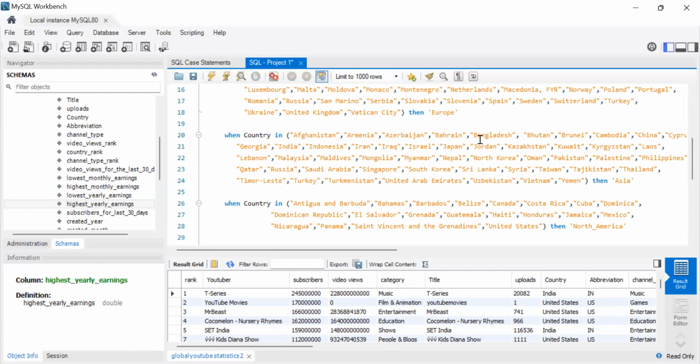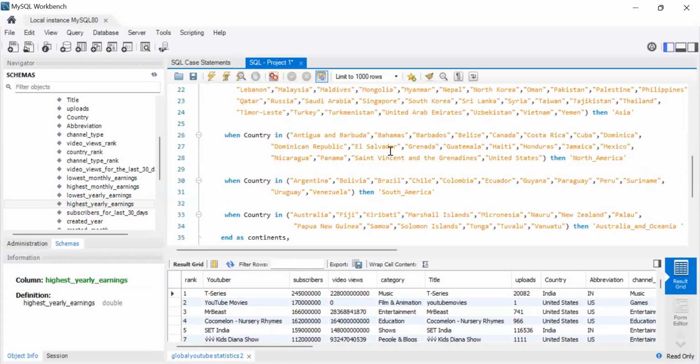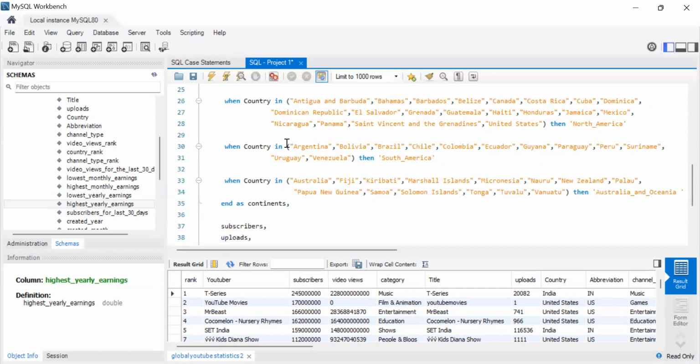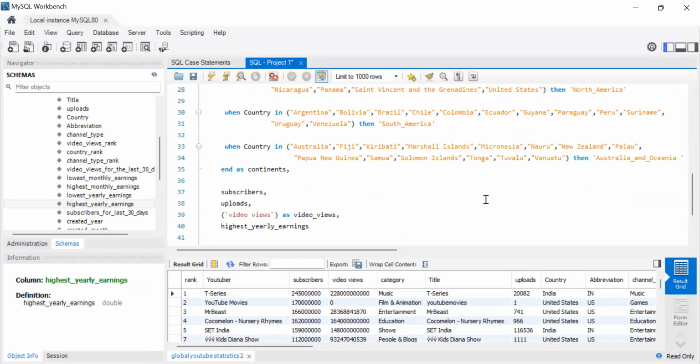Afghanistan, Bangladesh, Bahrain, Nepal, Asia. When country in Bahamas, Barbados, etc., North America. When country in Argentina, Colombia, etc., South America. And lastly, Australia and Oceania. So that's just what the case statement is doing. It's just mapping a specific country to the continent it belongs to, and that's going to create a new data